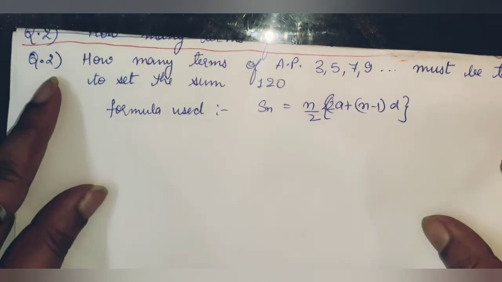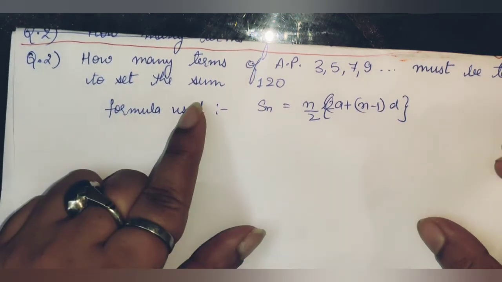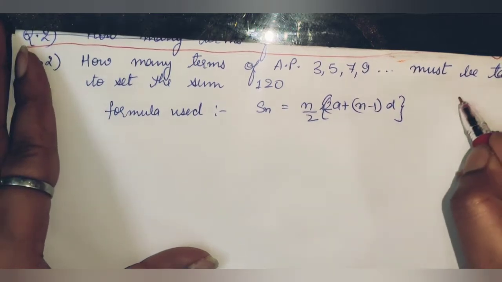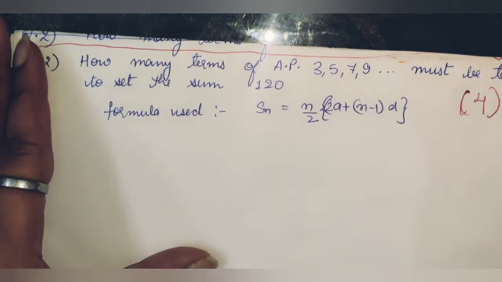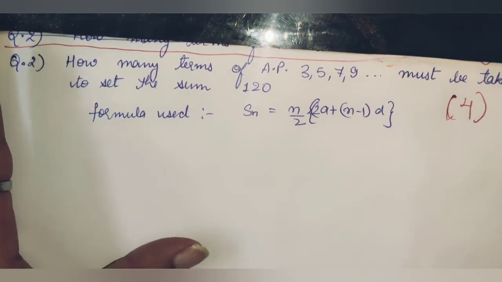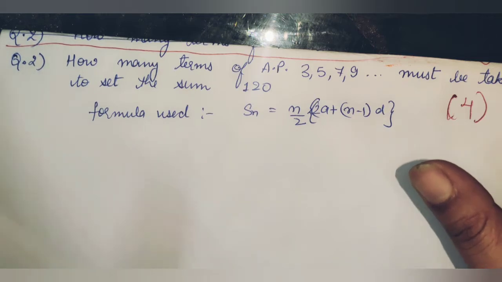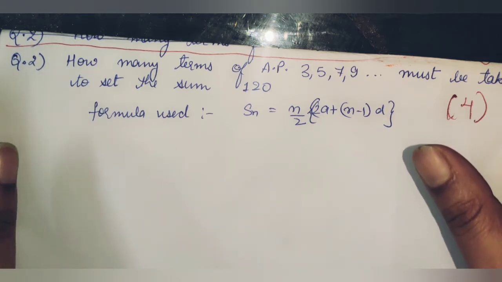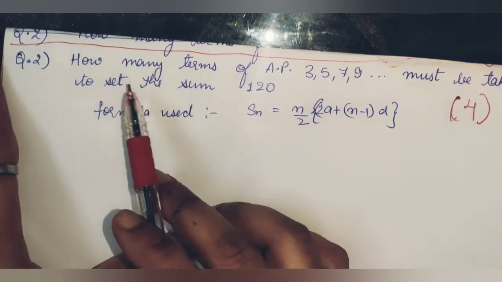Yes, so our next question is from board exams of the year 2020, and it is of 4 marks, and the previous question was also of 4 marks. So you can see the weightage of arithmetic progression. Almost 5 marks you can gain if you have a good command over arithmetic progression, and it is not a very tough chapter if you know all the formulas by heart and you understand how to solve the questions. Okay, so moving on with our next question.